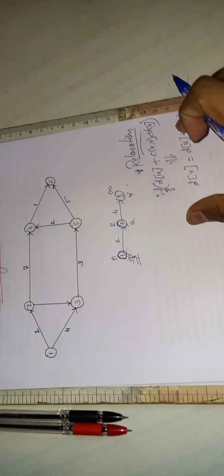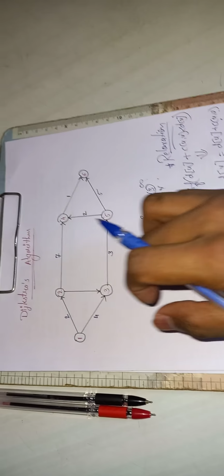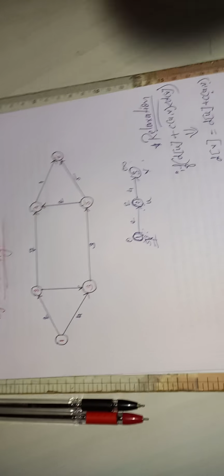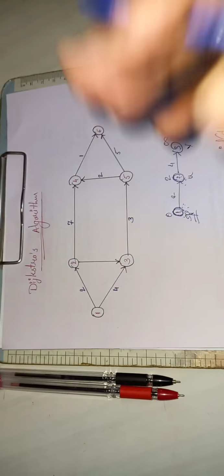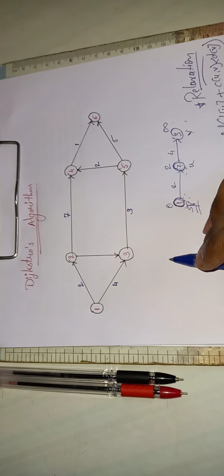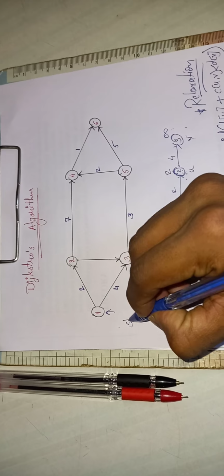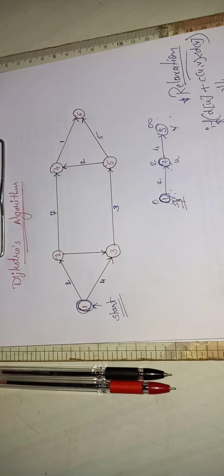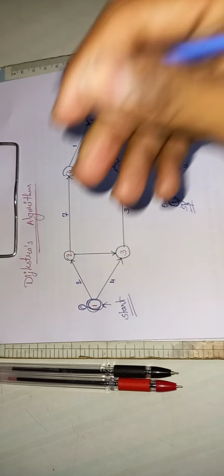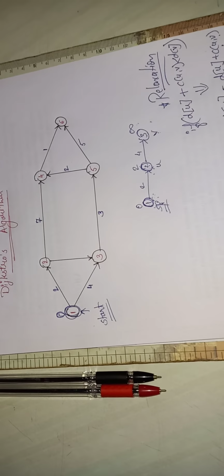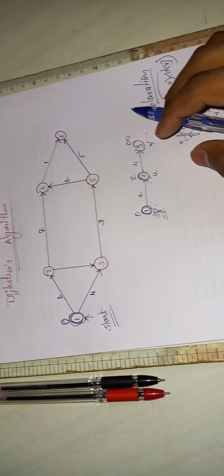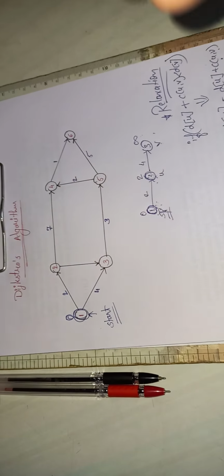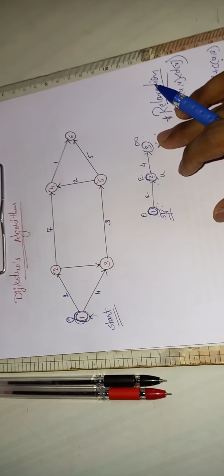This relaxation we have to follow for each and every vertex available in our given graph. Now let's start with the example. As given in the statement itself, this is our starting point, so we select this one and consider its cost as 0. Now we have to travel this complete graph with the shortest path, which means first we find the shortest path and then consider its whole path.